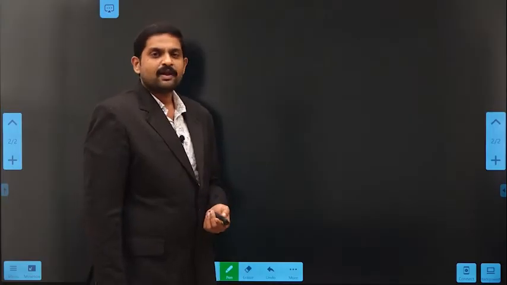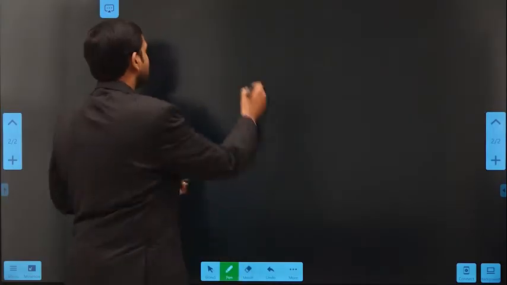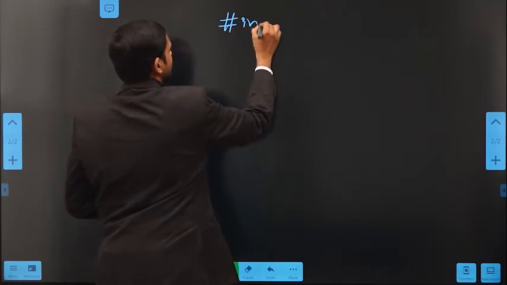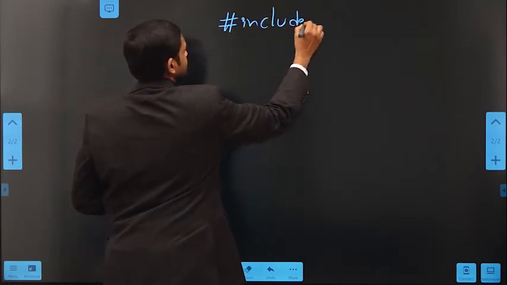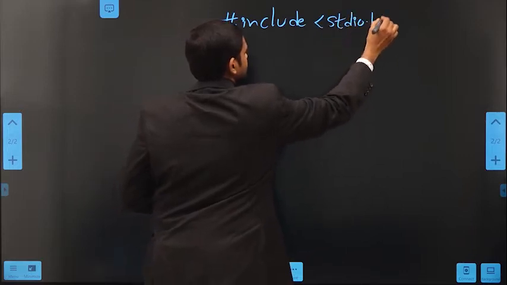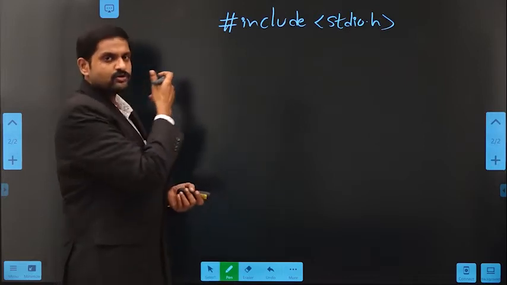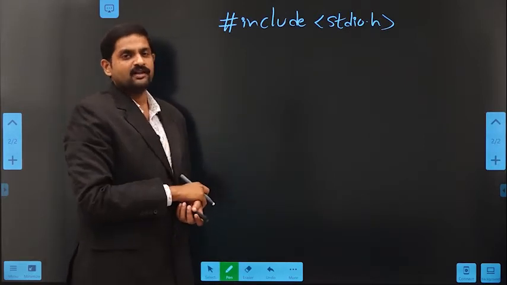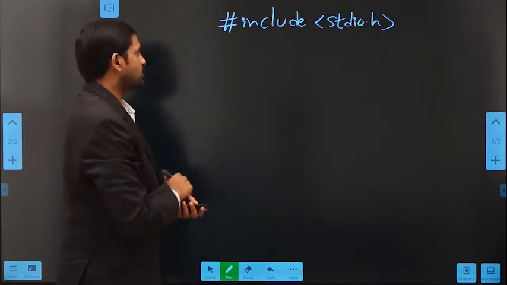In the C programming language, you have all seen that a simple C program starts with #include stdio.h. Why should you write this statement? To work with the standard input and output.